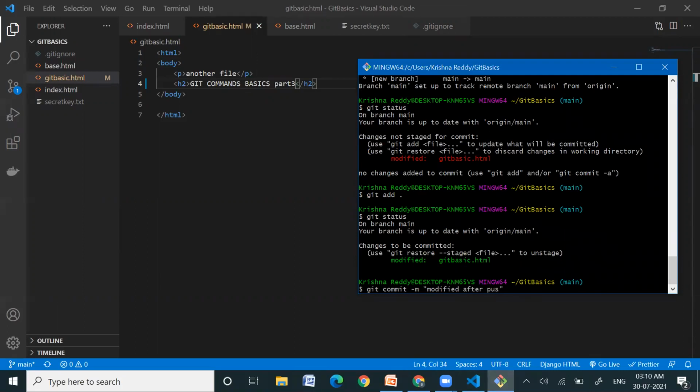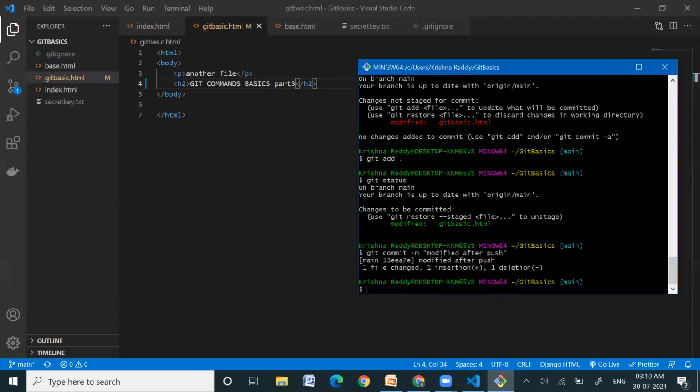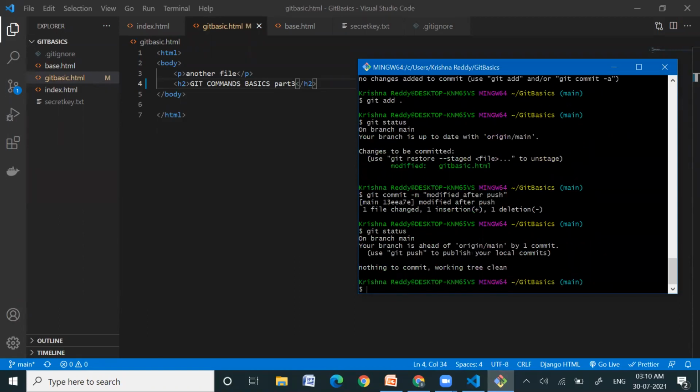We are making changes just to use the push command now, because we have already set up origin before. You see the status, everything is clean. Now we'll use git push.